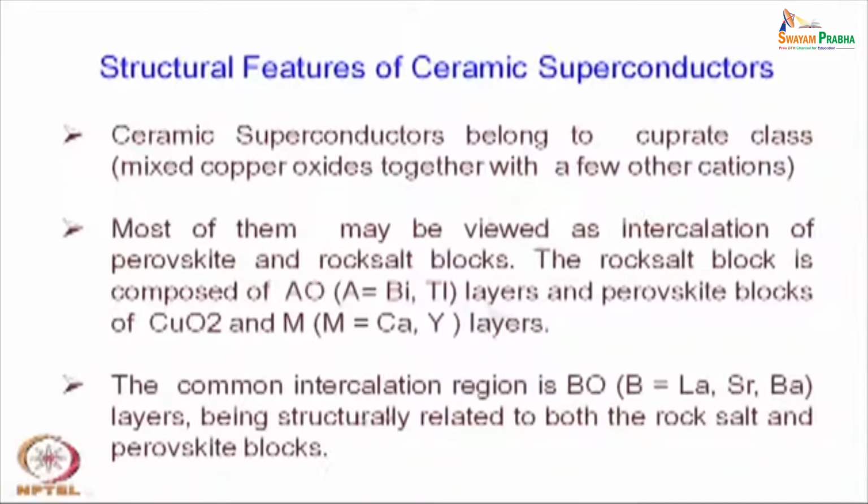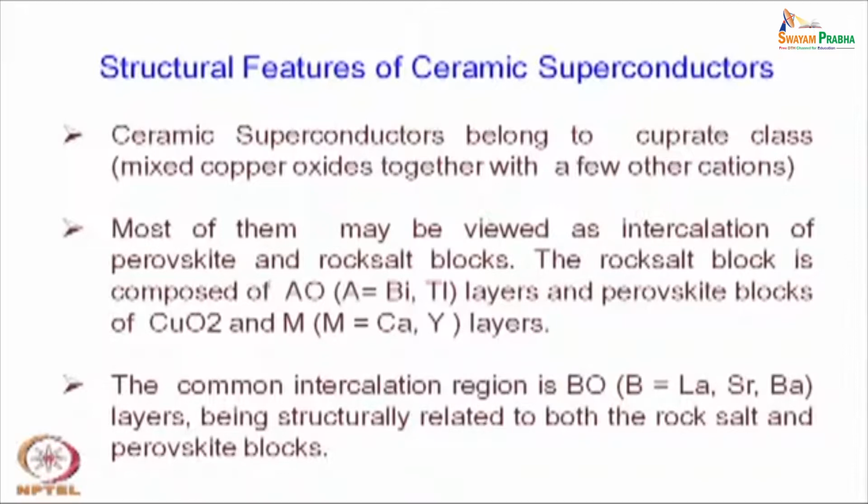Most of them may be viewed as intercalation of perovskite and rock salt blocks. So, it is a complex structure again, and you have a perovskite block as well as rock salt blocks, and the rock salt block is composed of AO type oxides, where A can be bismuth or thallium layers, whereas perovskite blocks can be Cu2O, CuO2, and